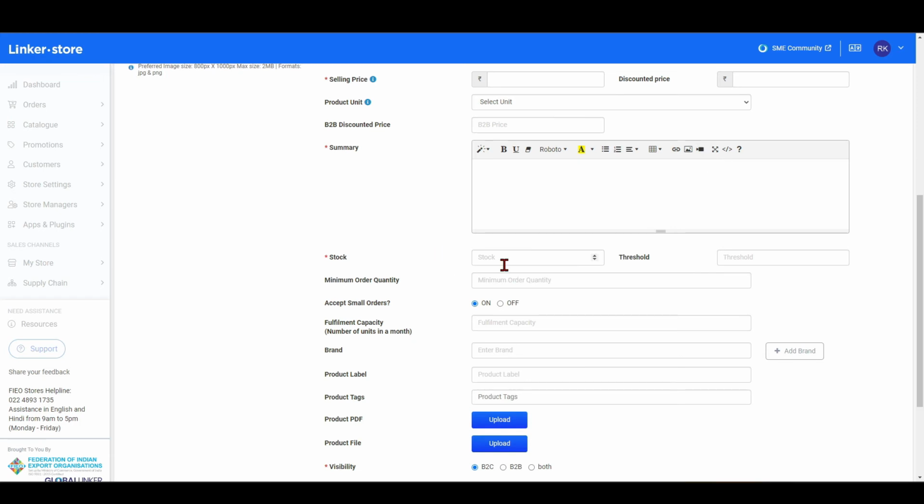Underneath that is stock, that is how many units of the product you have, and then you have threshold, which means reorder level. So if you are providing, let's say, 50 units here, the moment stock reaches 50, the system will send you a notification that this particular product has hit threshold,